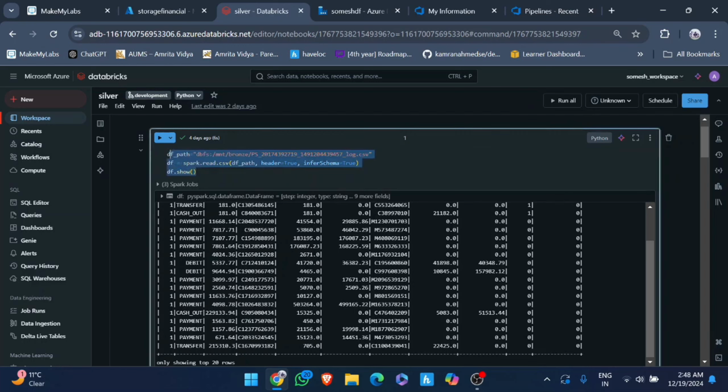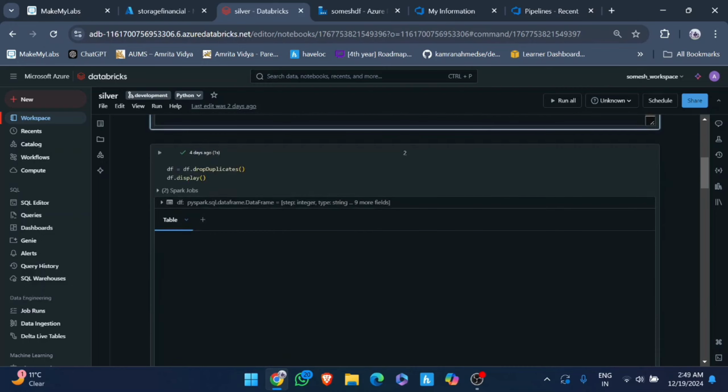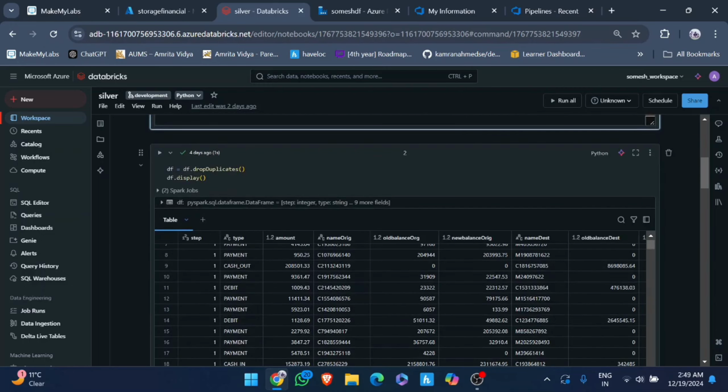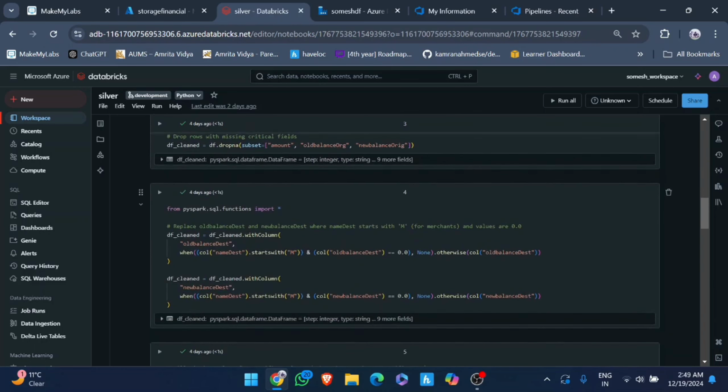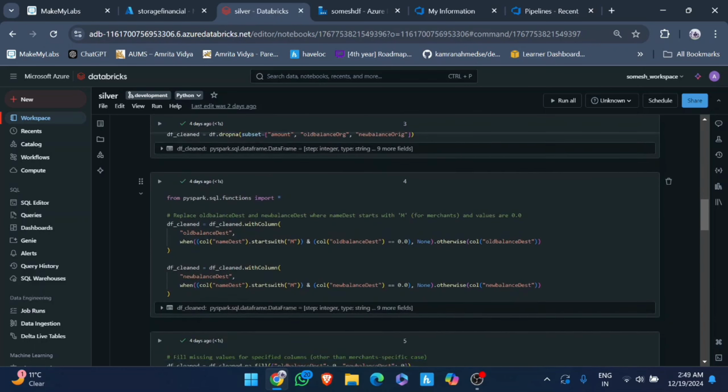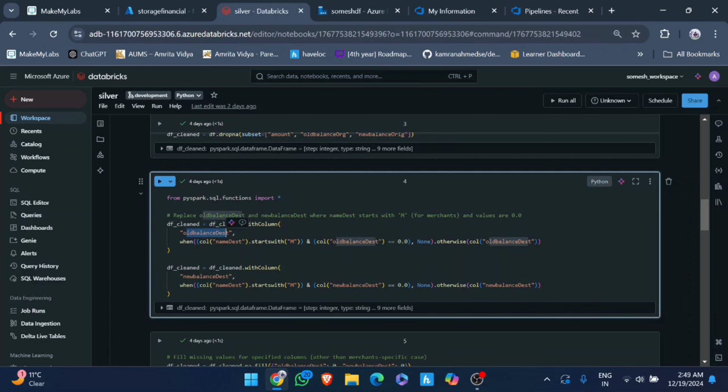So we have again read the data from the bronze layer, and in the silver layer we will do the transformation part, like cleaning the data, normalizing it, removing the duplicates, all that stuff. So again we are dropping the duplicates here, then dropping the missing critical fields. Then we are doing more cleaning on the data set, like on the old balance we are creating one column named old balance destination and new balance destination,